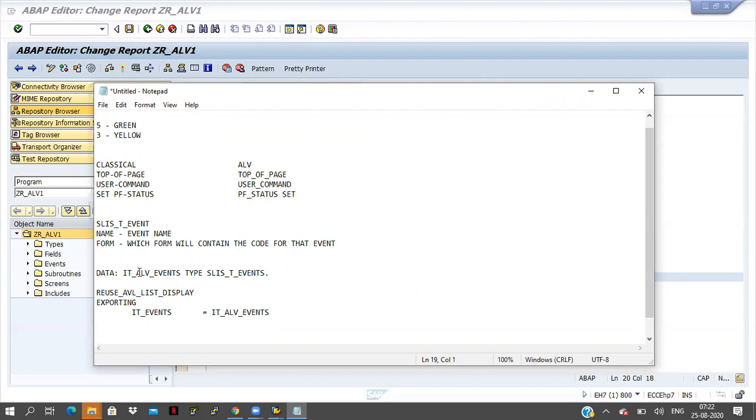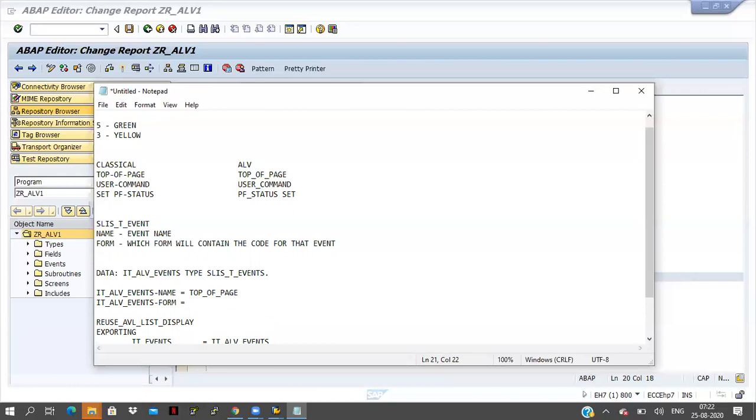After that I am passing in this internal table: IT ALV events name equal to top of page. And IT ALV events hyphen form is also available. So top of page is coming, that is okay.